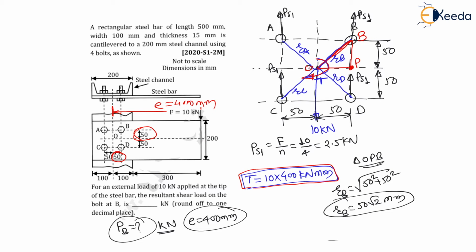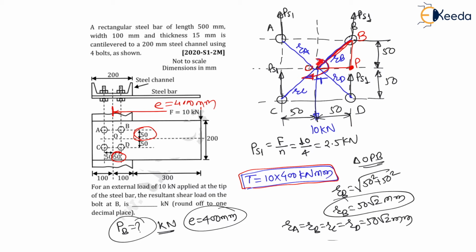Now, similarly, for each and every bolt, the distance of that bolt from the O will be the same as that of RB because of symmetry. The same calculation you can do. Therefore, we can find the radius of A is equal to radius of B is equal to radius of C bolt is equal to radius of D bolt is equal to 50 root 2 mm from O. Now, once you calculate all the radiuses, now my dear students, the torque acting on these bolts is in clockwise direction.